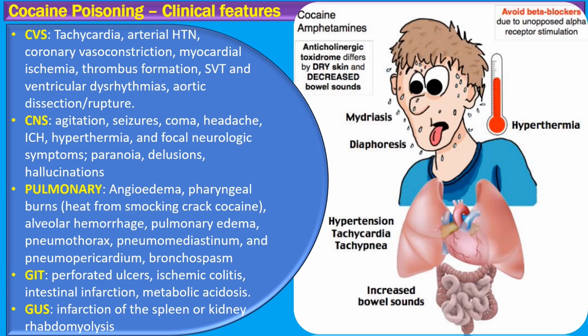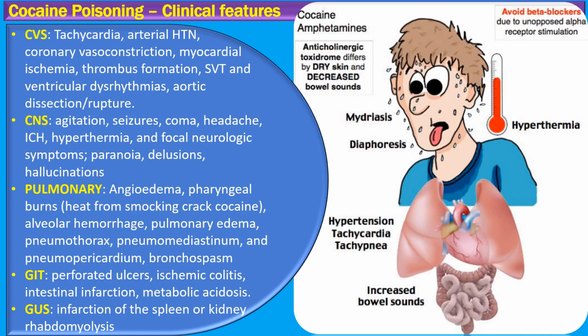But the effects of cocaine don't stop at physical discomfort. The drug can also induce psychotic symptoms that are quite severe. These may include paranoia, delusions, or hallucinations. In fact, these symptoms can be so intense that they mimic the positive symptoms of schizophrenia. It's a stark reminder of the powerful and often detrimental influence cocaine has on both the mind and body.